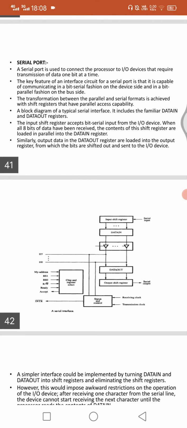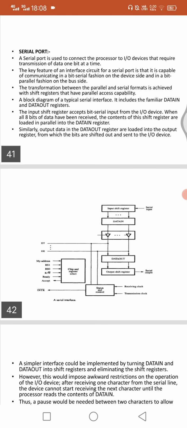When all 8 bits of the data have been received, the contents of this shift register are loaded in parallel into a data in register. Similarly, the output data in the data out register are loaded into the output register, from which the bits are shifted out and sent out to the output device. After performing both input and output, we send it through to the input and output device.